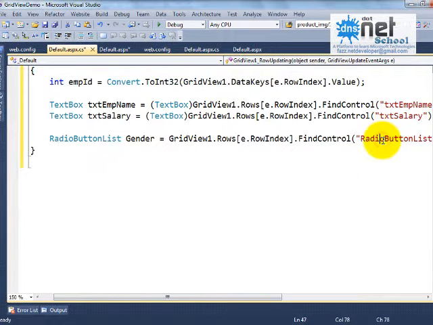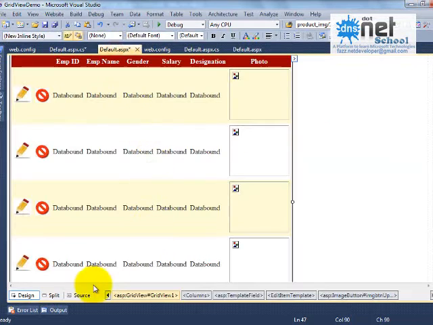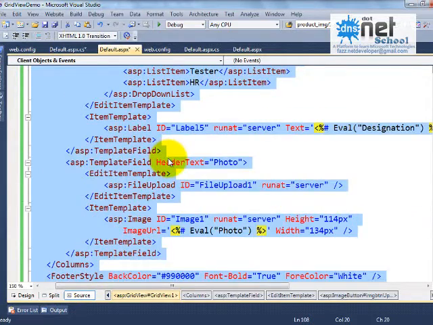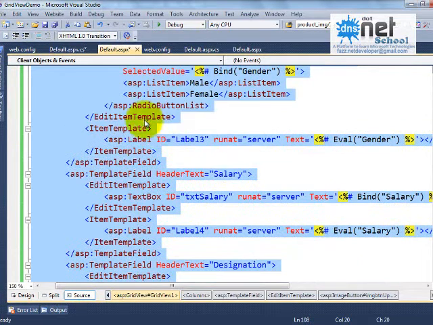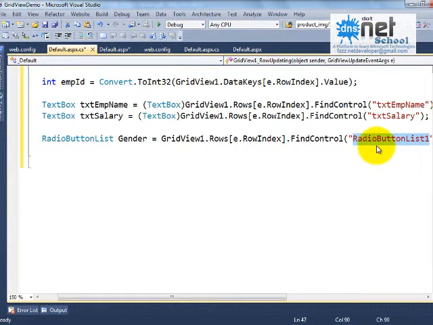Let me check the name of this radio button list, because I thought I had given some gender. Yeah, it's rbtnGender. So let me copy this and provide the value in FindControl.